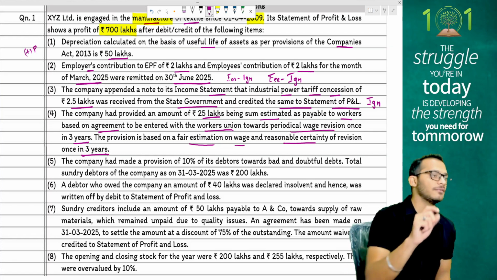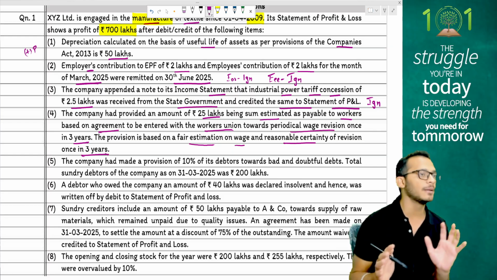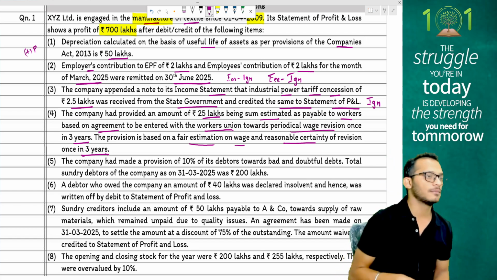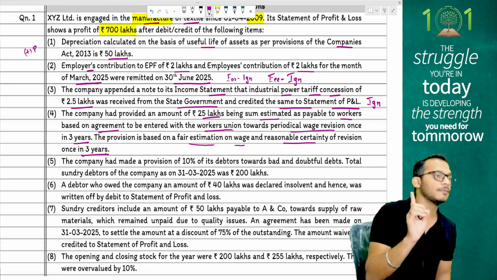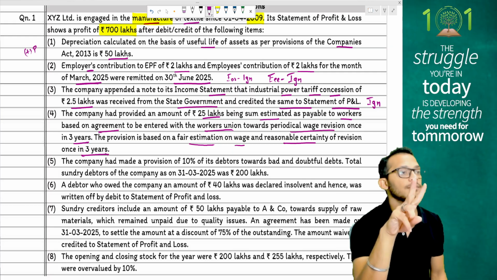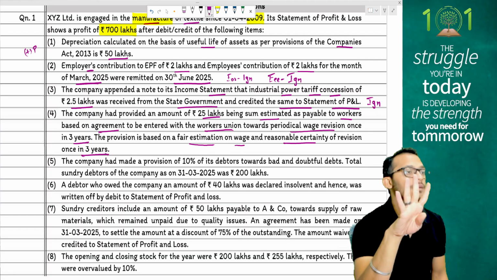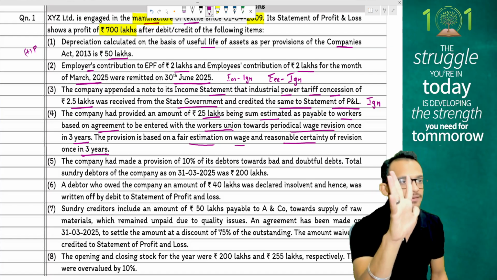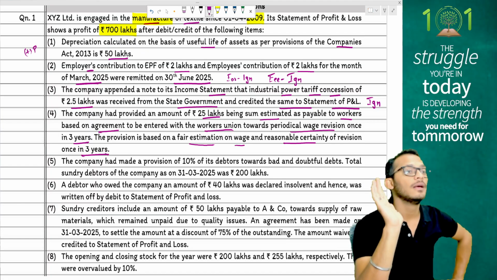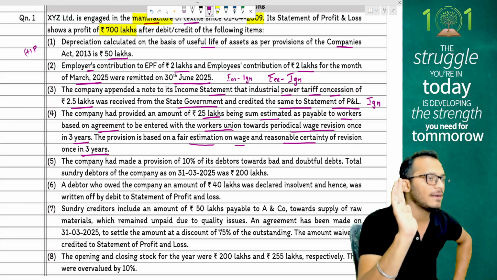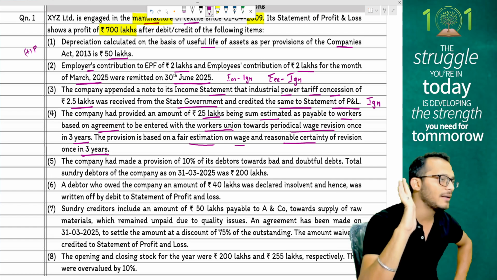Now here comes the question. When it comes to employees, the first thing which gets triggered in PGBP is making sure that the payment happens on time. Section 43B. But think about 43B very carefully. It talks about only certain items of gratuity, bonus, commission, leave encashment, any contribution to funds. Look at these 5 items and tell me, is it part of that? No, which means this is not part of 43B. If it is not part of 43B, payment on time, mandatory, not mandatory? Not mandatory. No mandate on payment on time.